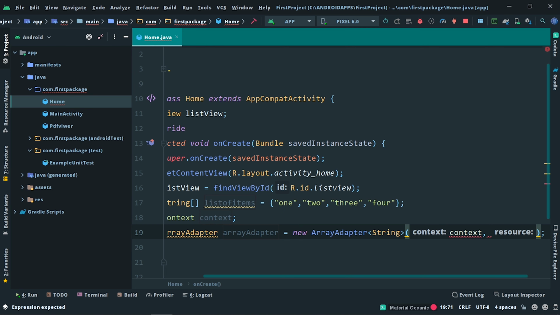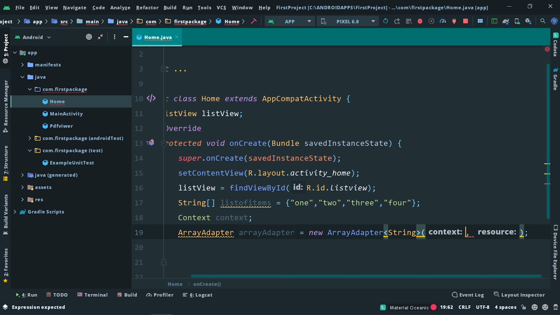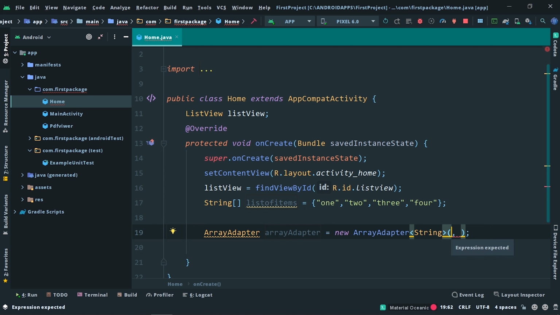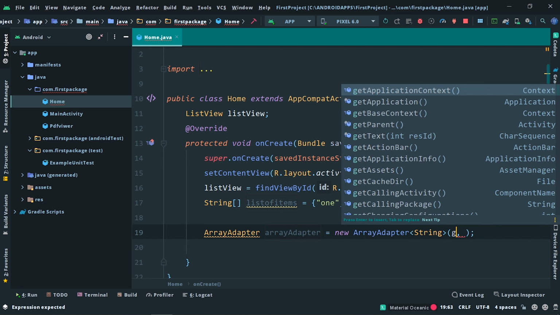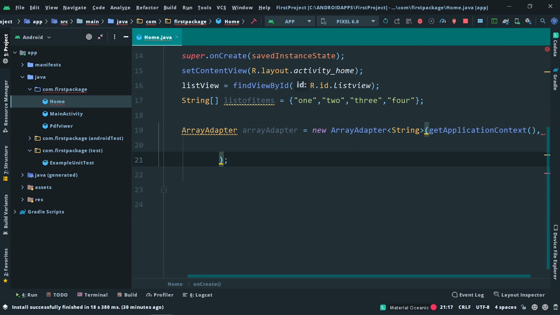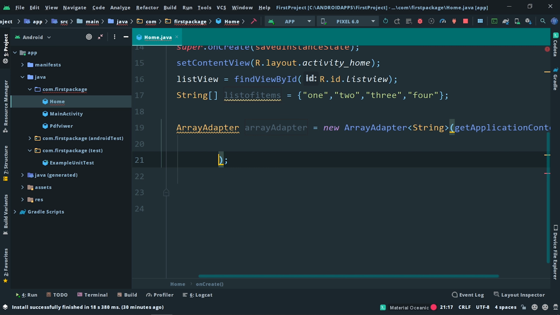Now we need to pass two things in this: one is the application context and the other is the layout file. So type getApplicationContext, or else we can also give Home.this, and then we need to give the layout file.